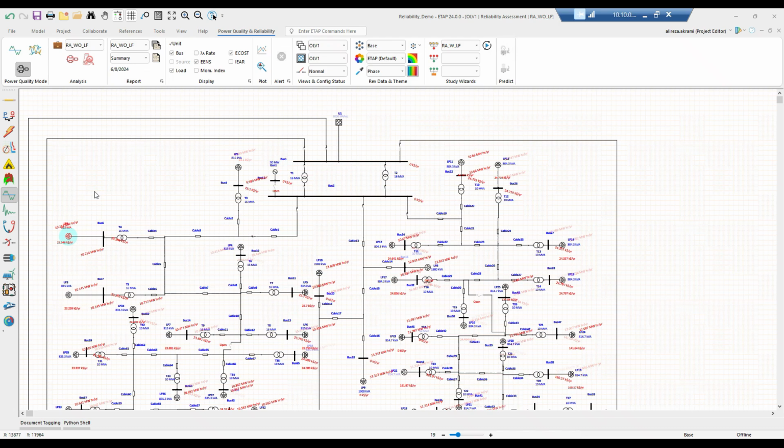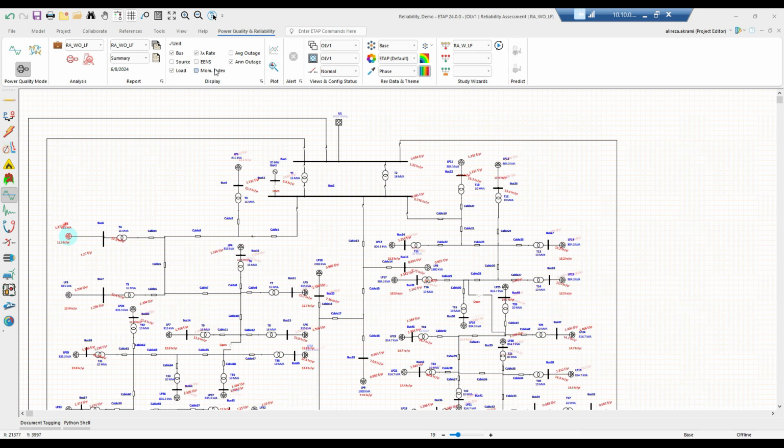Once the calculation is completed, ETAP reports different types of reliability indices on the OLV. In general, it includes the failure rates and the interruption duration, either in the form of average or annual, at the load points, at the buses, or at the sources. If you're looking to get the value at the equipment level, then all you need to do is add a bus connected to that element